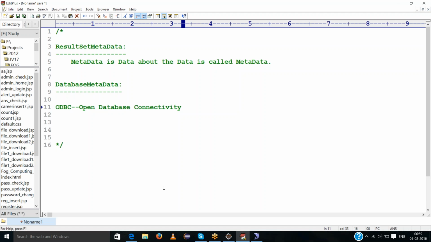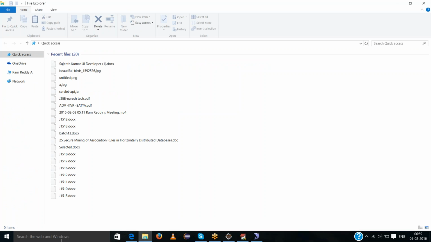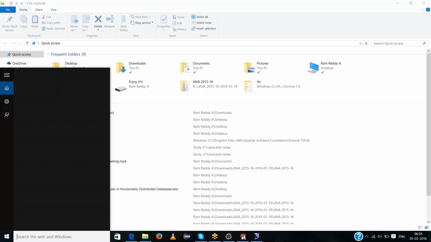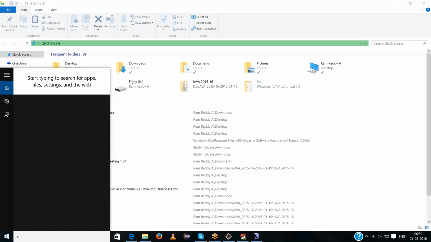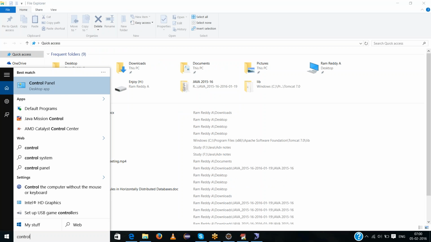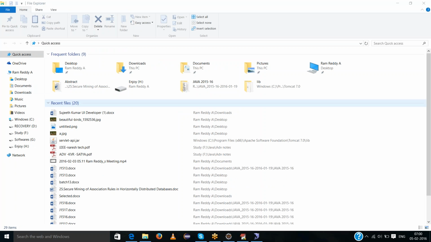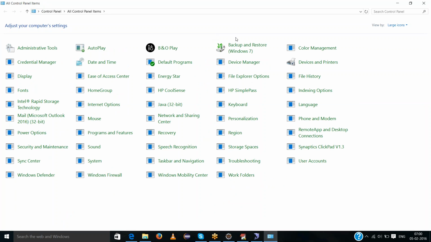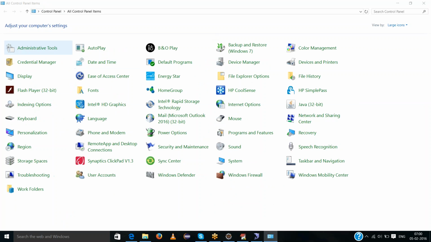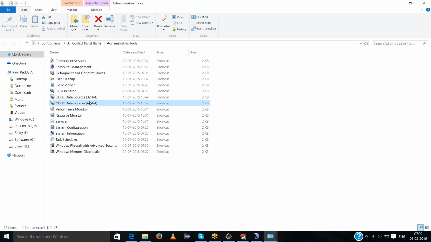Sir, in case of using a type 1 driver, what is the problem? If you use a type 1 driver, every time you have to open Control Panel, Administrative Tools, ODBC 32-bit and ODBC 64-bit.